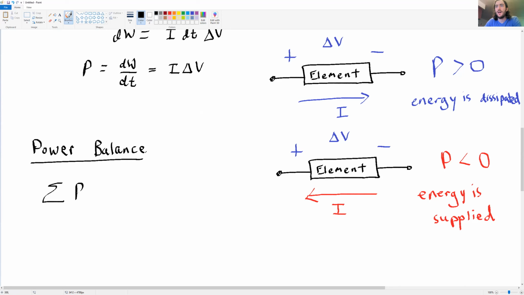And that is that the sum of all powers dissipated or supplied in a circuit is equal to 0. So all supplied and dissipated powers